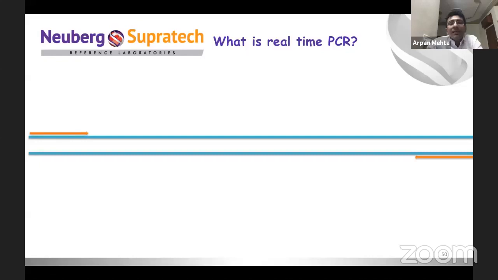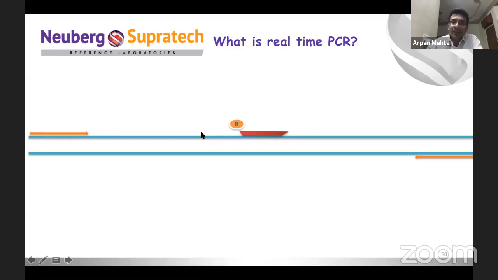So just like any other PCR, it will have templates and a pair of primers. But what is different is there is a sequence-specific oligo called a probe. It is different from primers in two ways. It lacks the 3' hydroxyl group, so the enzyme cannot extend it further. And it is fluorescently tagged on both the 5' and 3' ends by two fluorescent